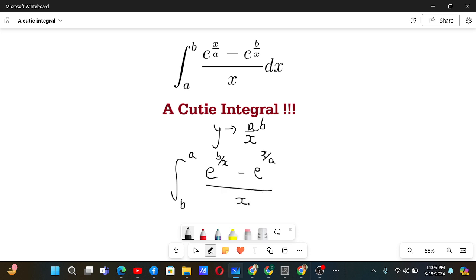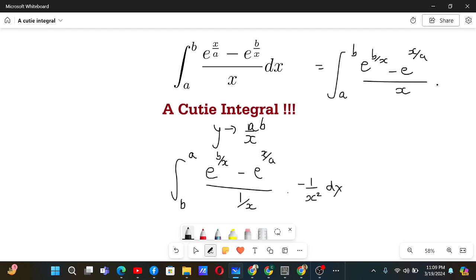Now you see, over here also there is 1 by x. Sorry, here also it's 1 by x, and then minus 1 by x squared dx. The minus sign now can be used to invert the integral. That's why it goes from a to b. e to the power b by x minus e to the power x by a